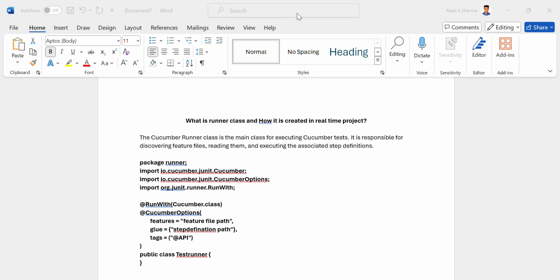In real time, the Runner class is the most important part of our automation framework, and this is also one of the interview questions, like what is the Runner class and what is the purpose of the Runner class. Maybe the interview panel will ask. So today I am going to tell you what the Runner class is and what its purpose is, and we'll create